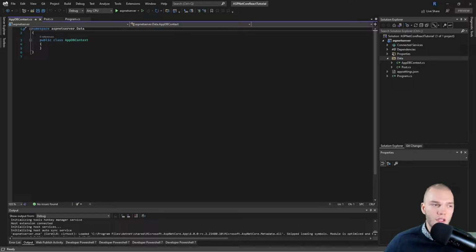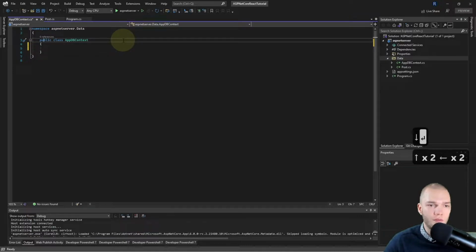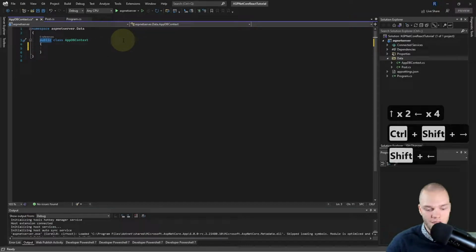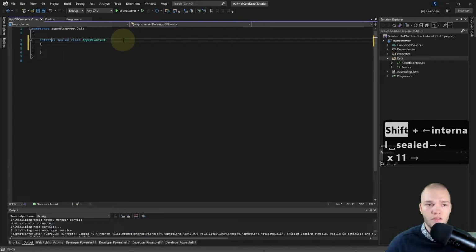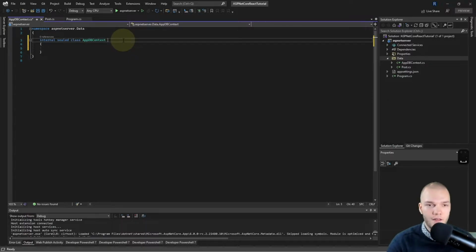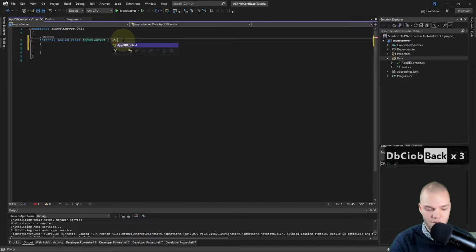And I usually just do my database name, so app, and then add DB context to that. Right, so the first thing I'll do in this class is make it internal sealed again. So only this project, and it can't be inherited from. And in here I'm gonna inherit from db context.